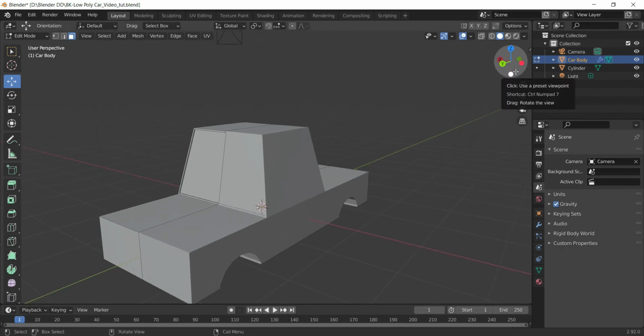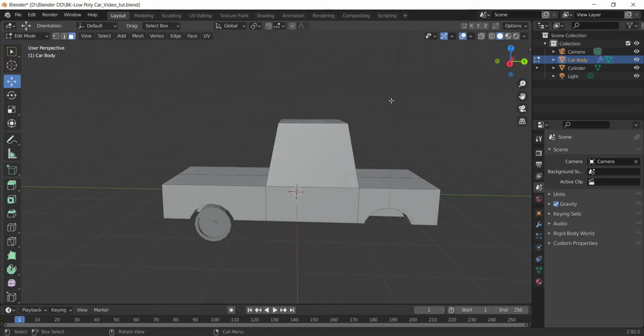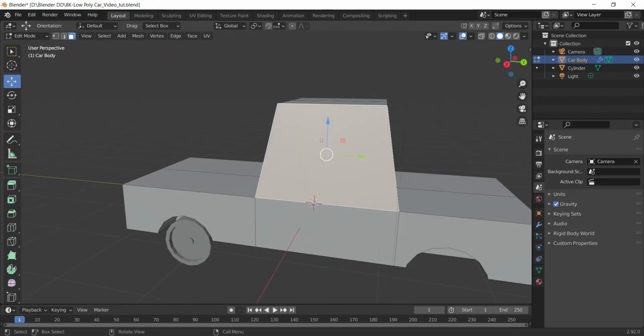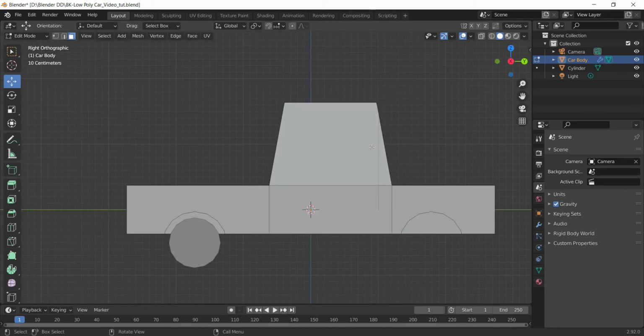Now let's come to the windows part. For the window, we can see that this is an entire single face, and usually we see two windows for two different doors. So the first thing I'll do is divide this by inserting a loop cut here.